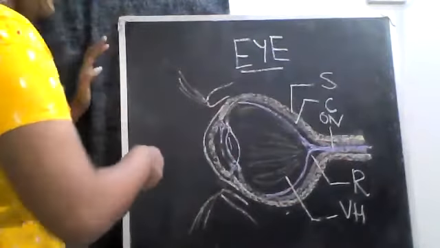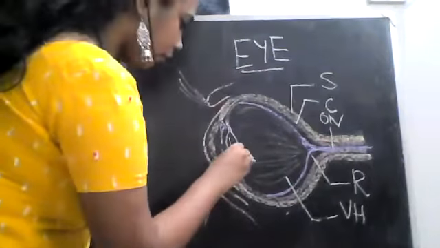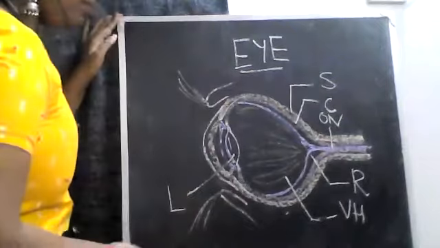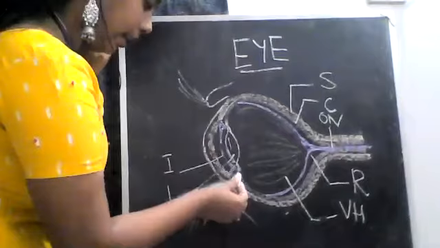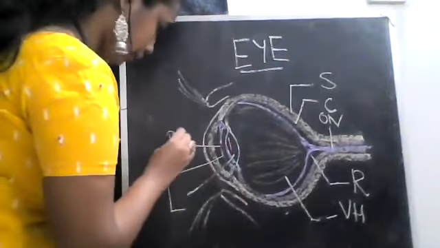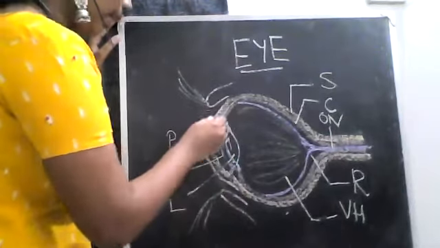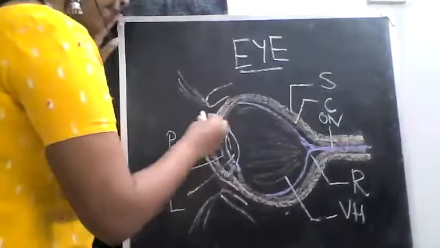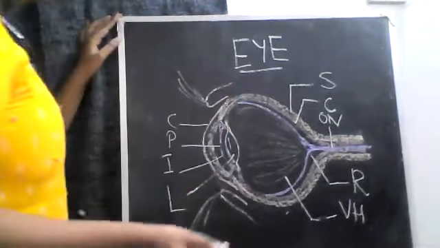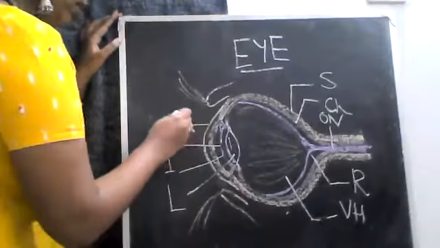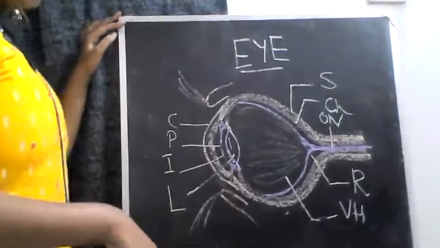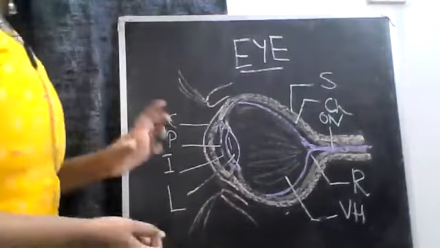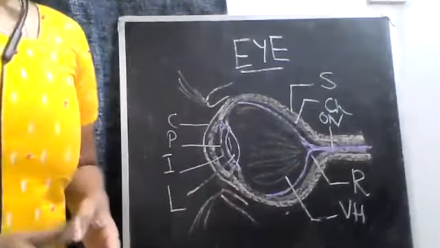Now let's move on to this side. We have the lens, iris, which is the layer. The hole is called the pupil. The extra outer covering outside the sclera is your cornea. I've given CH over here, and this is cornea. Then you have your eyelashes, I'm not going to label that. That completes your structure of the human eye.